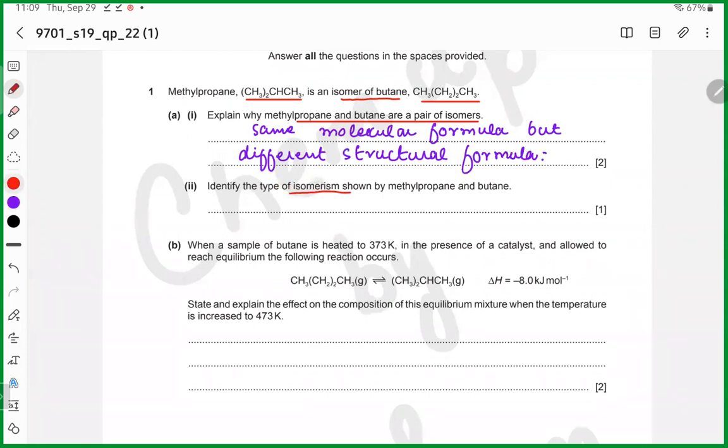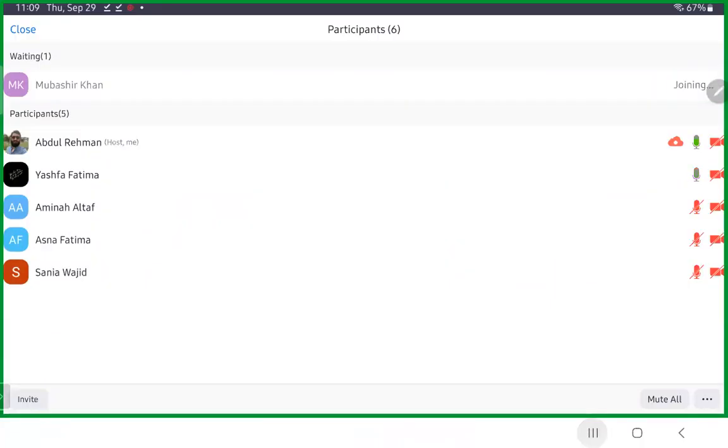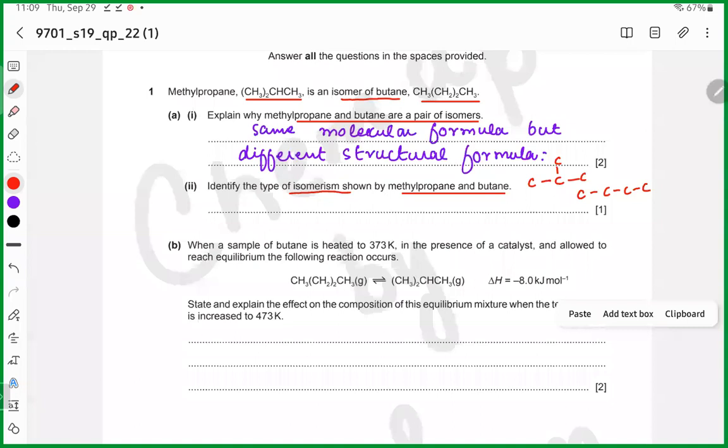Identify the type of isomerism shown by methyl propane and butane. So if you draw methyl propane, the carbons are like this. So it is structural isomerism. But if we talk more specifically within structural, then which kind of isomerism is it? Which type of structure? We call it chain isomerism, because one has a 3 carbon longer chain and the fourth one is a branch, and the other one has a 4 carbon long chain. So it's a chain